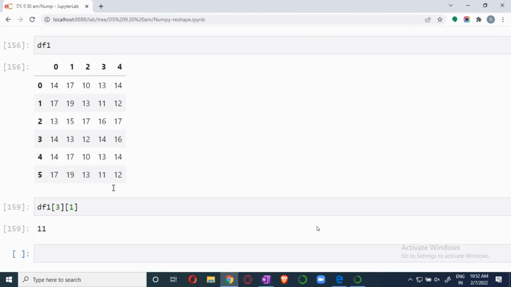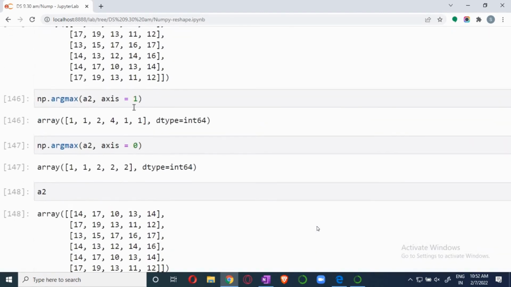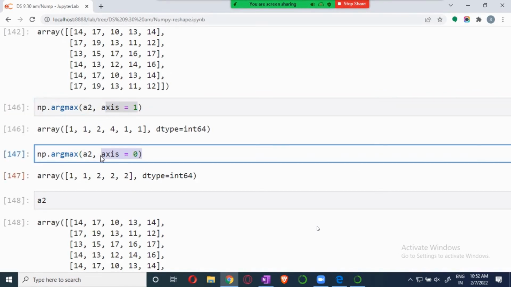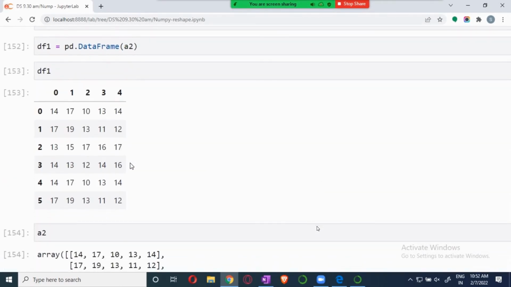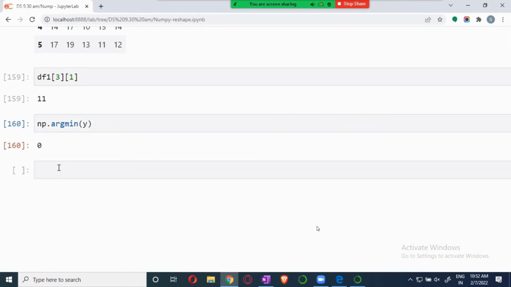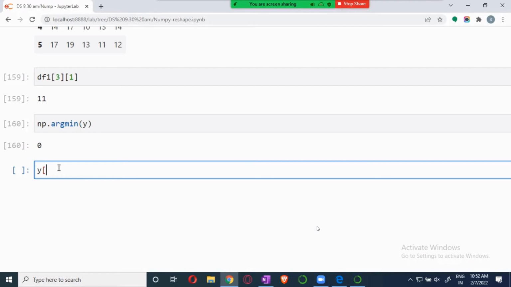When you deal with this, that is the difference. argmax is considering this one as the access of row, this is column. That is a difference over there. Okay, argmax is specially used for the data level. There is also argmin, np.argmin. This will get the minimum value, guys. I will say y, you will see that 0 index. Now np.argmin of y, if you give it,